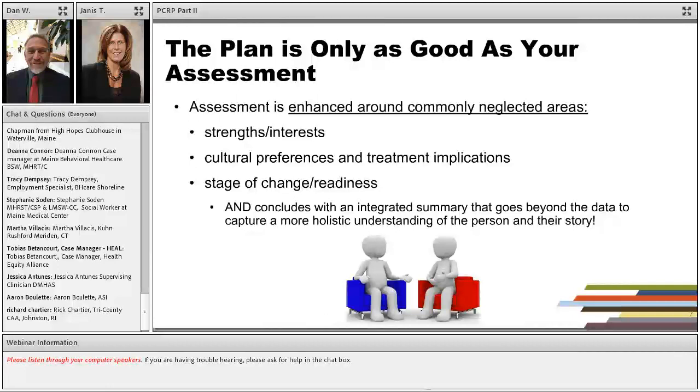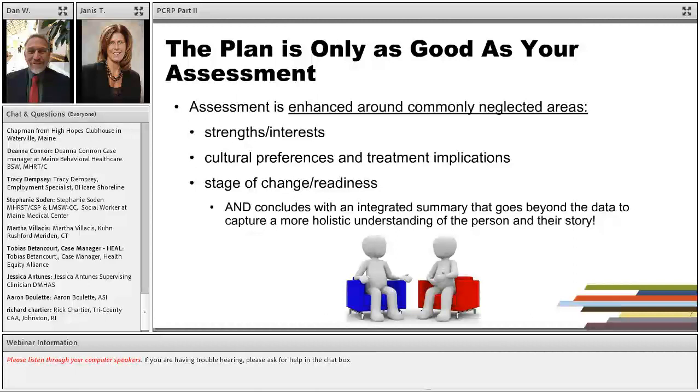But unfortunately, that story often gets reduced just to a repetition of the data, and we really have to get to a deeper level of understanding and move past just the what, the facts, and really dig a bit deeper and think about the why. Like, how do we understand what's going on with the person, what might be perpetuating some of the difficulties, because that has a really direct impact on what the documentation ultimately looks like. So I'll give you some examples of that as we move through.